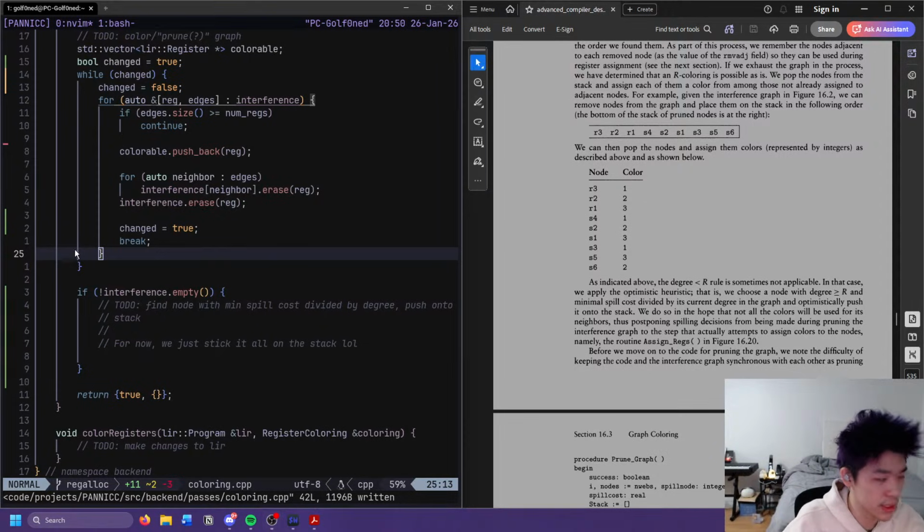Let me just make sure I'm doing this correctly. We'll just copy that. That's too long. Okay, this does not fit in the option. That's really annoying.